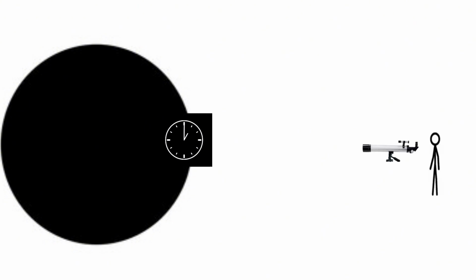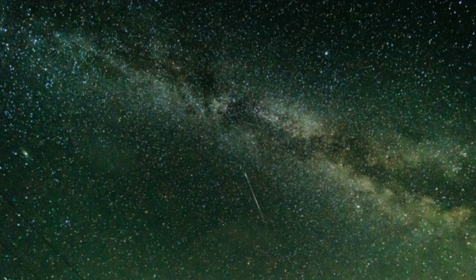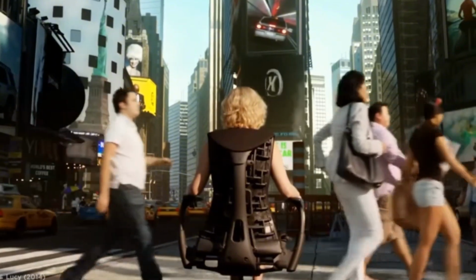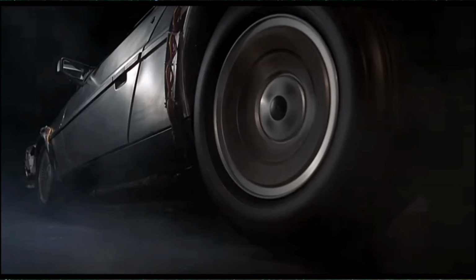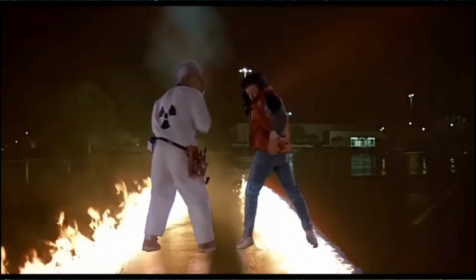For example, if a clock were to fall into a black hole, it would appear to slow down and eventually freeze in time, from the perspective of an observer watching from a safe distance. In addition, the curvature of spacetime around a black hole creates closed time-like curves, which could potentially allow for time travel. However, the technical difficulties and potential paradoxes associated with this idea make it more of a theoretical curiosity than a practical possibility.